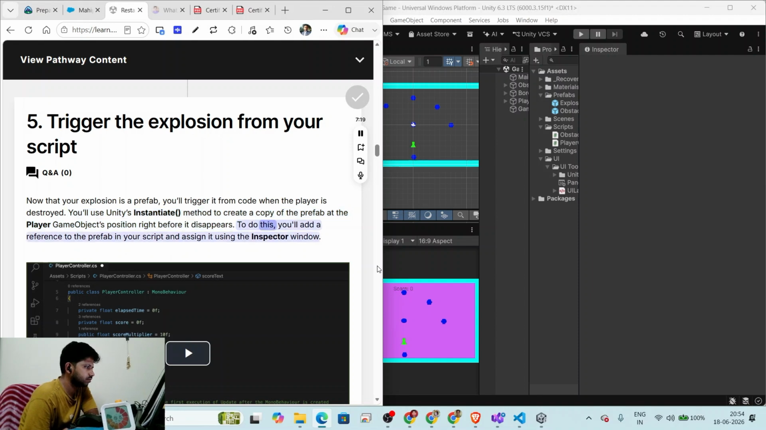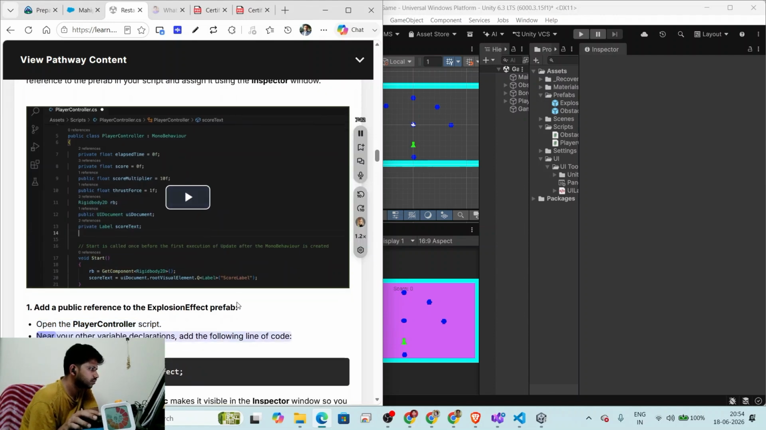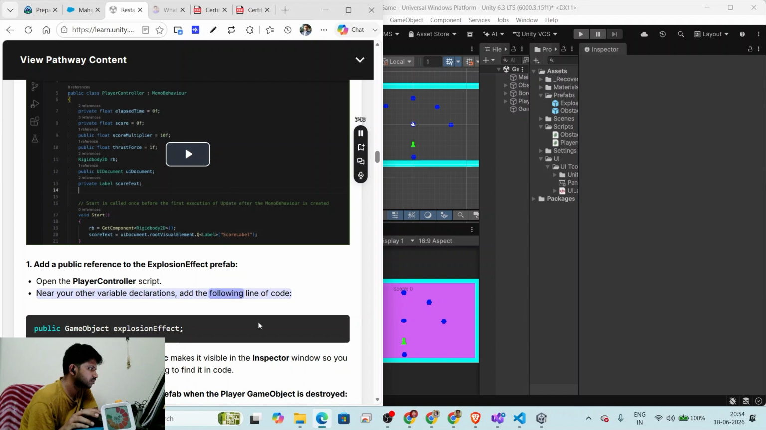it disappears. To do this, you'll add a reference to the prefab in your script and assign it using the inspector window. Open the player controller script. Near your other variable declarations, add the following line of code. Note: